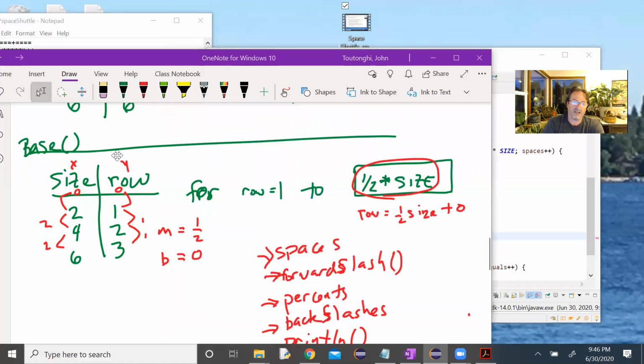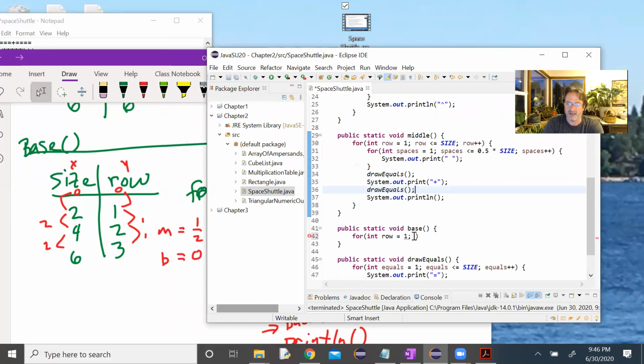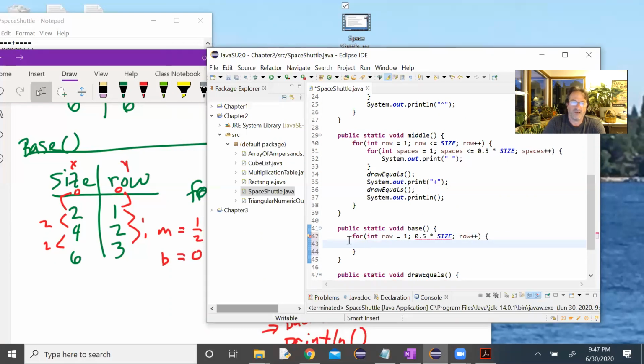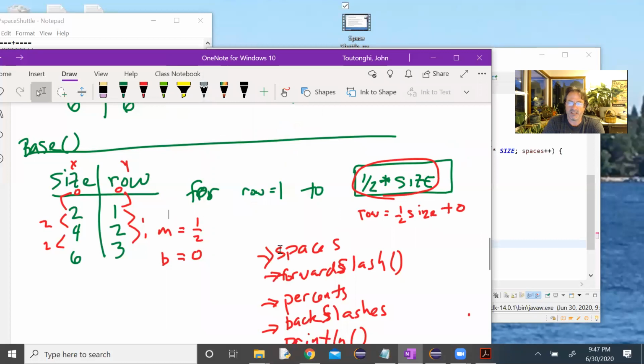We wrote this all down so we could go back to it. Up to half of size, or 0.5 times size. Increase the rows by 1. Then we have a second loop for the spaces,